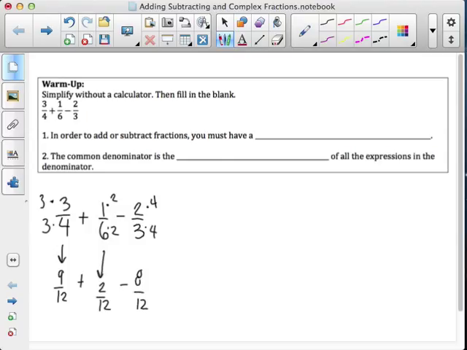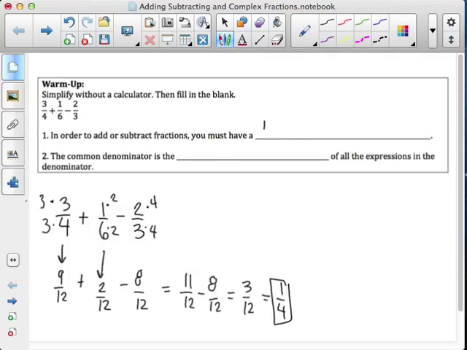And so 9 plus 2 is 11. So this gives us 11 over 12 minus 8 over 12, which is 3 over 12. 3 over 12 simplifies to 1 over 4. And we are done. So ask yourself the question, in order to add or subtract fractions, you must have a